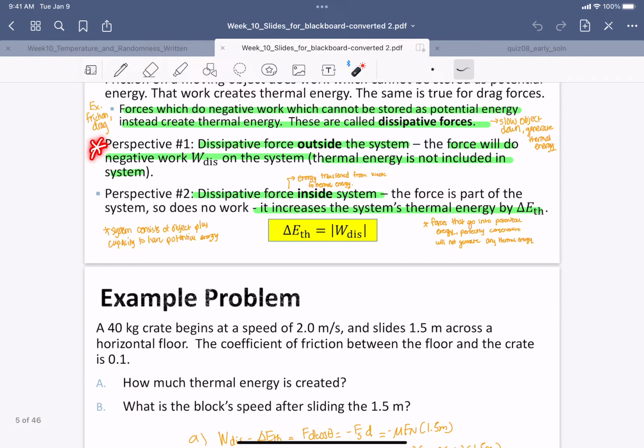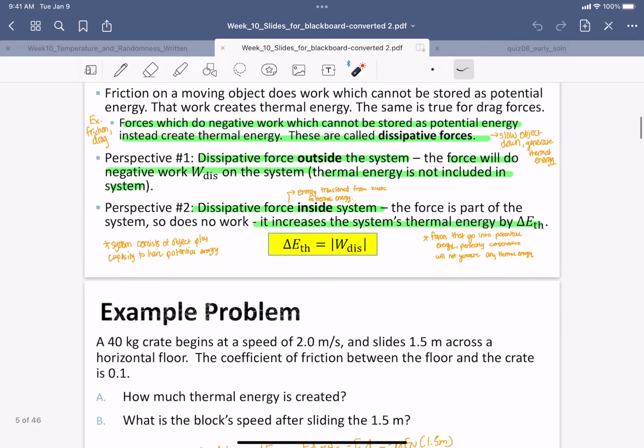They have here listed two perspectives of how to think about dissipative forces like friction. You'd either think about them outside the system, so they do negative work on the system, or they could be inside, so they increase the system's thermal energy. I don't think you have to worry too much about the two perspectives. Just know that